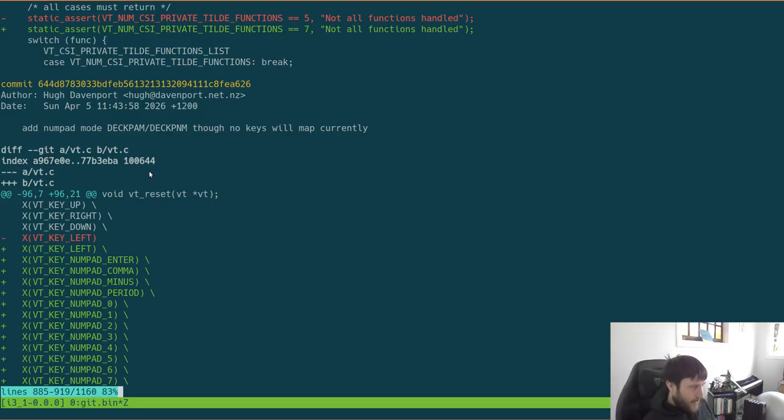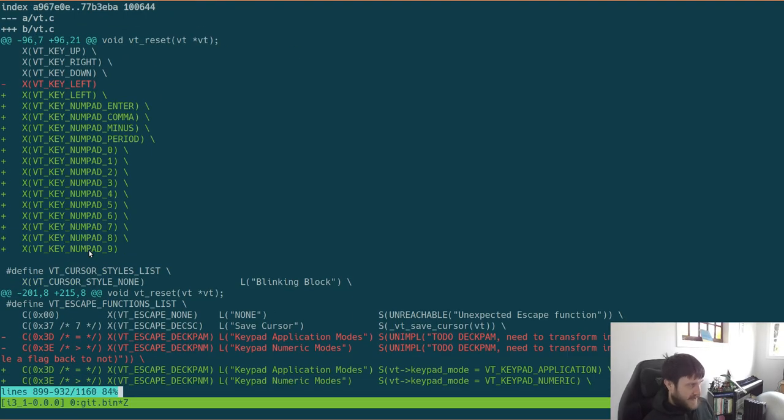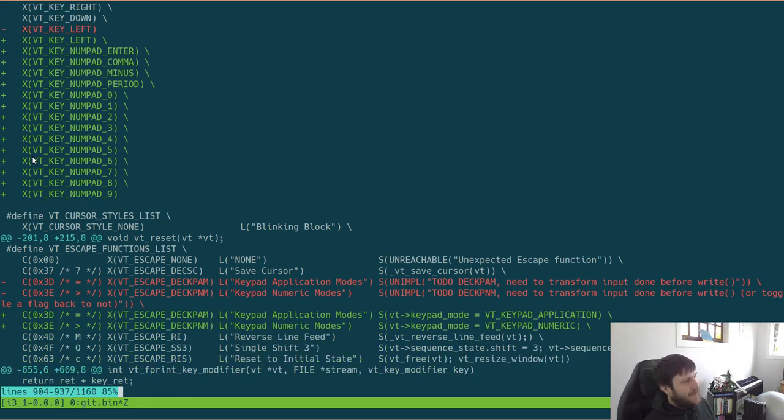Here is an interesting one. So I've added some numpad keys. Nothing maps to them, but I've added them in. The reason nothing maps to them is because every terminal I try, even like the base Linux kernel,